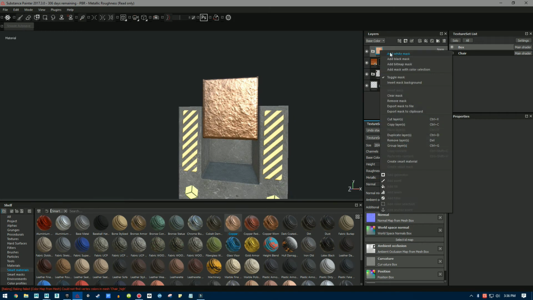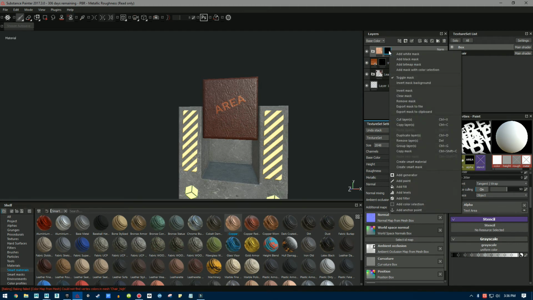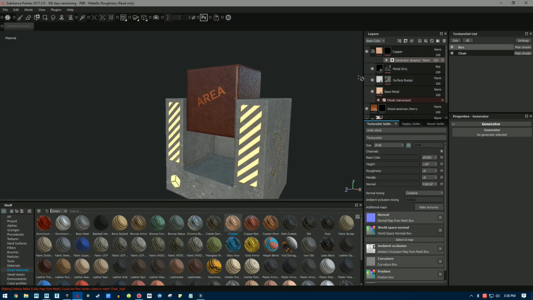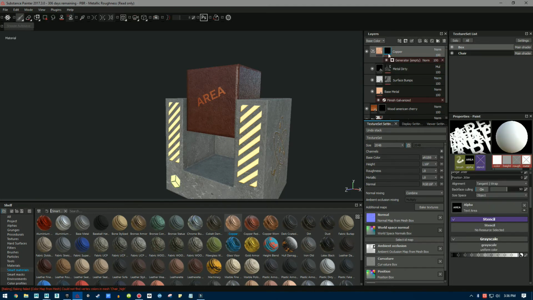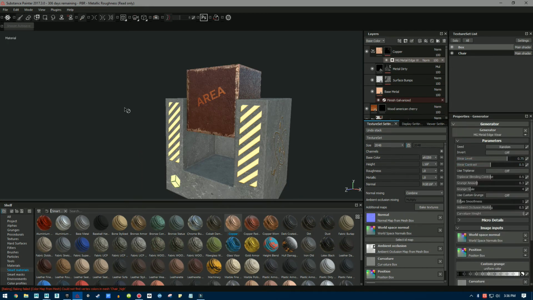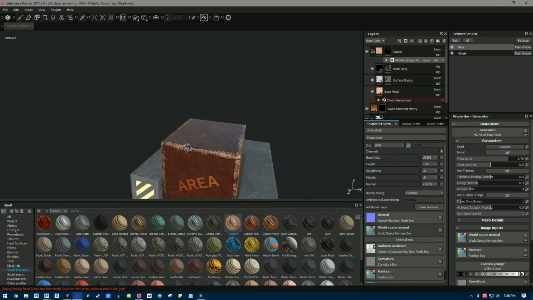And we will then add a black mask to that. And as a matter of fact, this one, I want to see what happens. Let's use a generator. So I'm going to add a generator to this. And if I am correct, we should be able to go to the copper mask, or down to the generator, and over here if we just add metal edge wear, there you go, this should show the metal edge wear of the copper